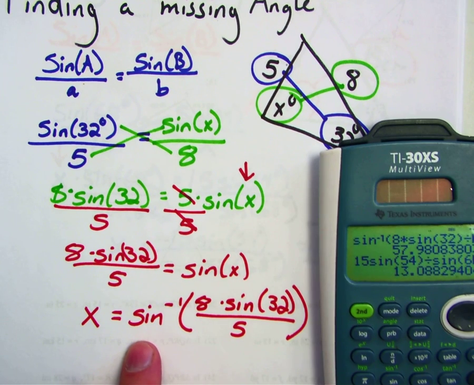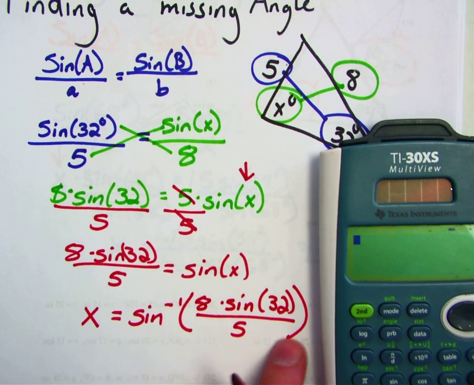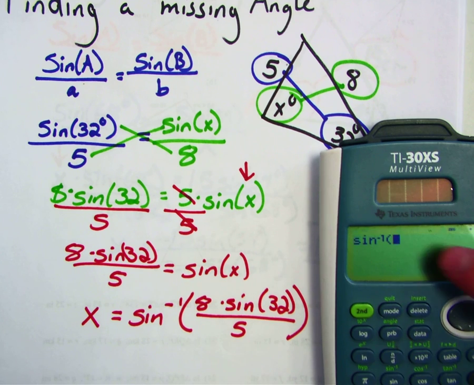And again, just like with the last one, if you type this in exactly like that in your calculator, it will give you the right answer. Just be careful that you put those parentheses in exactly the same places. So we're going to type in the inverse sine